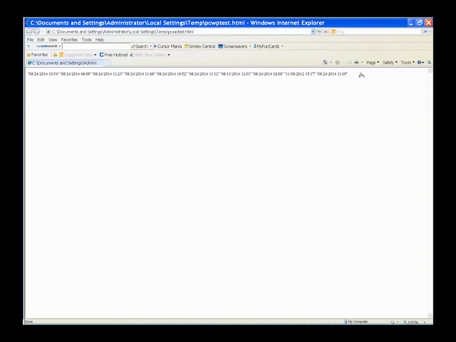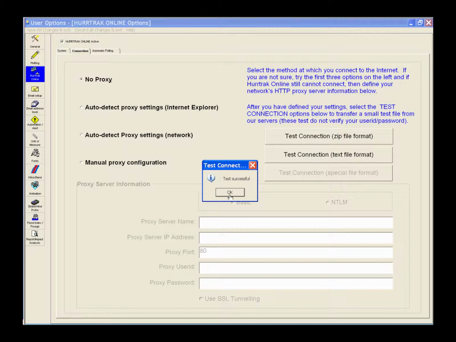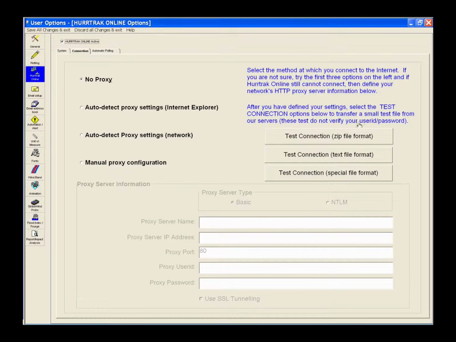The reason we do that is because sometimes you'll get a successful download, but what it is, your proxy server is sending an error message, and you want to be able to see that. And then finally, if you have this third one, you can just test that connection also. So when you get all three of those working, you should have a valid connection to our servers. If it doesn't, then you can try the next setting down,